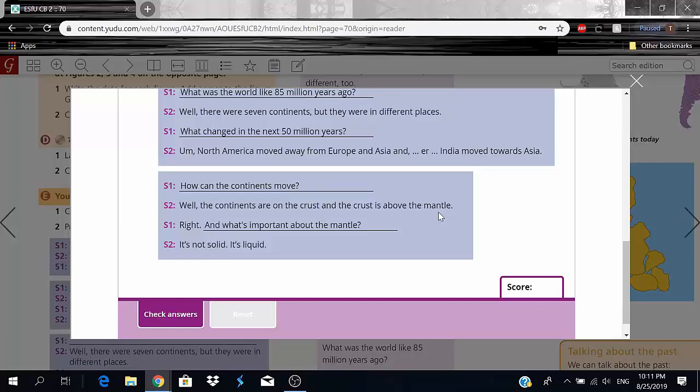Obviously water moves much faster than the mantle, but it's kind of the same idea, right? So you put a stick on water and it'll eventually start moving around until it's no longer where you put it. Okay? Same thing with the crust and the mantle, except much, much slower. And that, my friends, is how the continents move. Okay? I hope I was able to clear that for you guys. Now, let's move on.